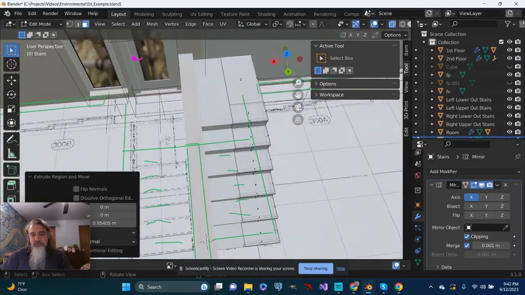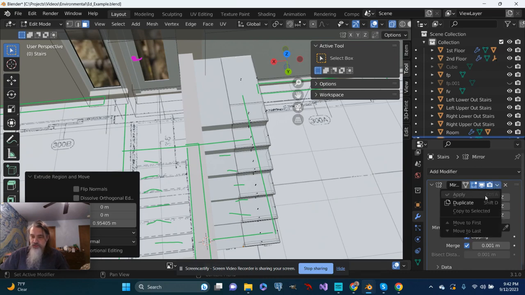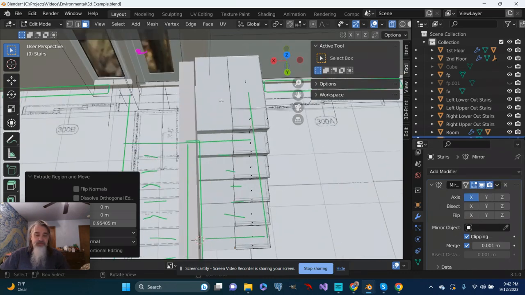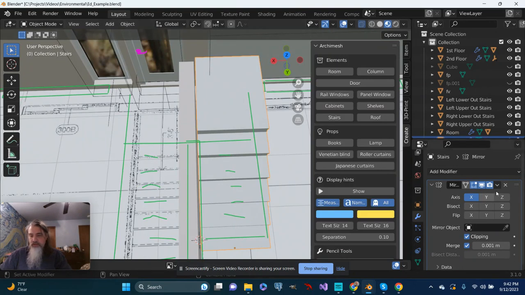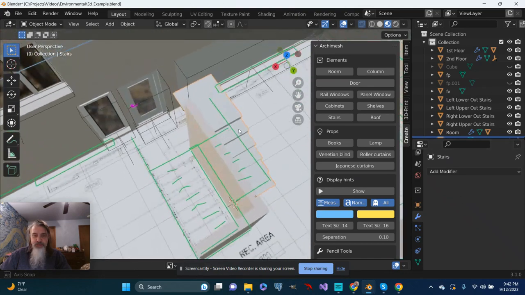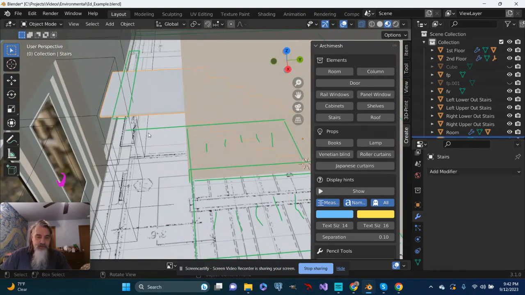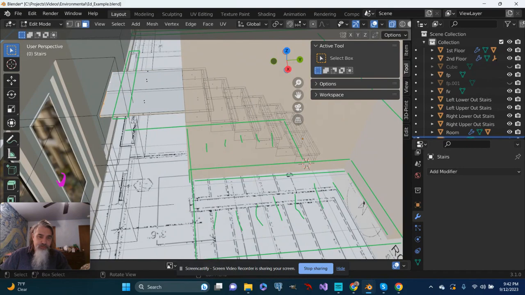Now, the stairs are set up with a mirror modifier, which I've already brought up. That's under the modifiers. I'm going to go ahead and I need to get out of edit mode. So I'm tabbing out of edit mode into object mode, and I'm going to apply this so that the stairs become a whole thing. Now if I tab back into it, I should be able to grab this face,